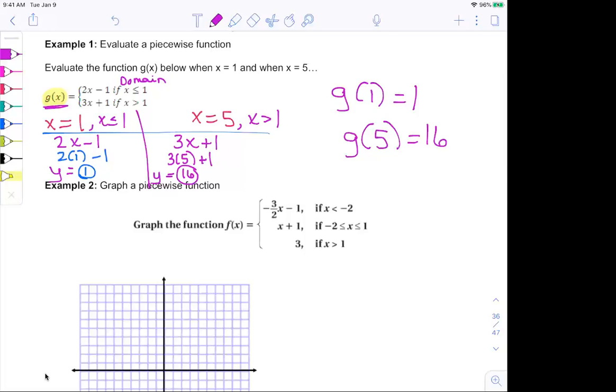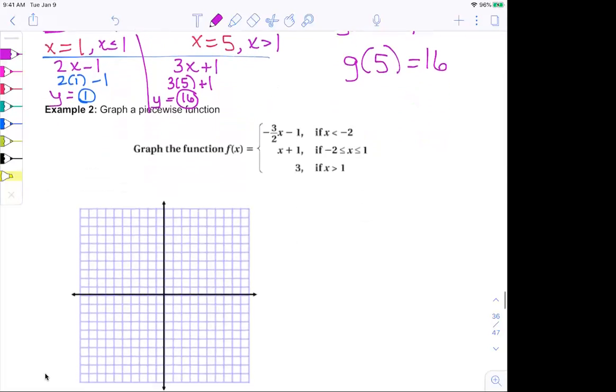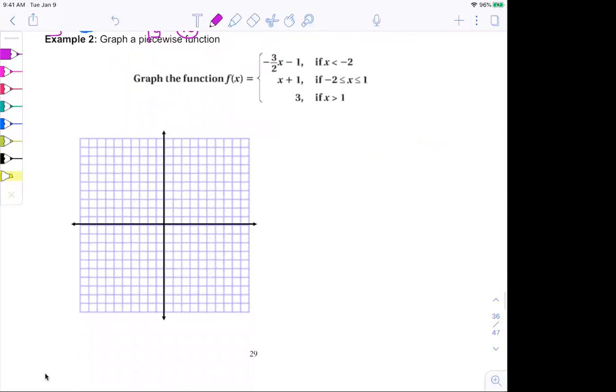So the second thing we're going to try and look at is to graph. Can we take a piecewise function and try and graph it? We have 3 equations this time, and we're going to graph them one at a time. If you're doing this with a piece of paper, I strongly suggest you use a pencil because we're going to do some erasing. If you're using a pen, lightly draw this in. If you're using Notability, use the colors that you have, or if you have colored pencils, use some colors. But we're going to take each separate equation and think about each separate equation.